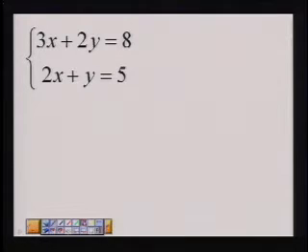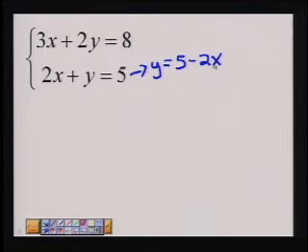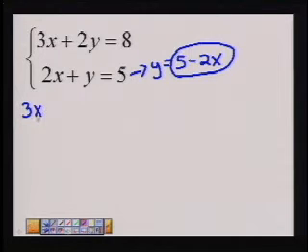In this case, I have a y that's almost by itself already in the second equation. So I'm going to get y by itself for this equation. Again, I just subtract 2x from both sides. So I get y equals 5 minus 2x. Now, what I've stated is that this expression, 5 minus 2x, is equivalent to the value of y. Therefore, I can use that value and substitute it in for y in the first equation, giving me 3x plus